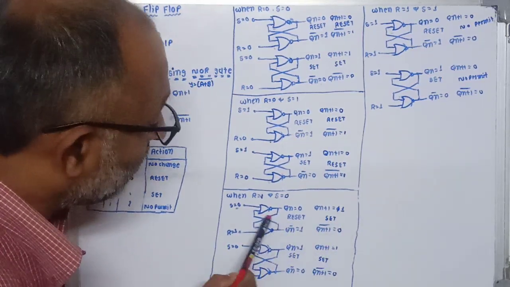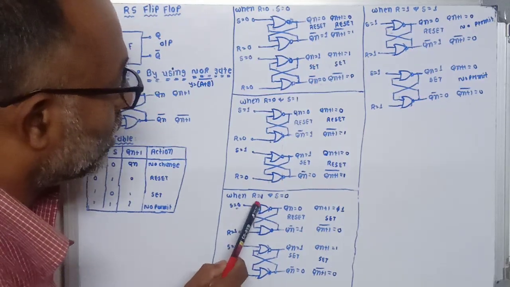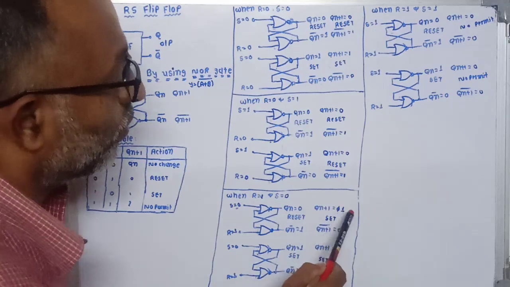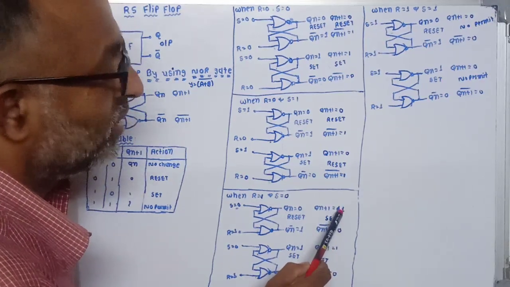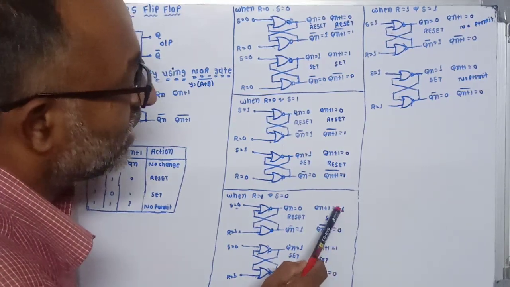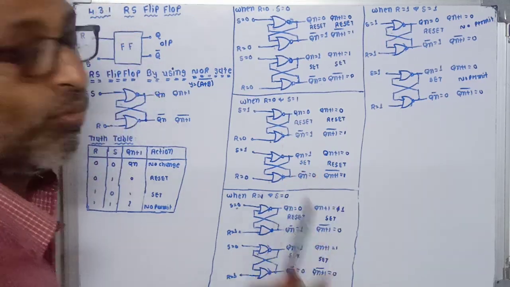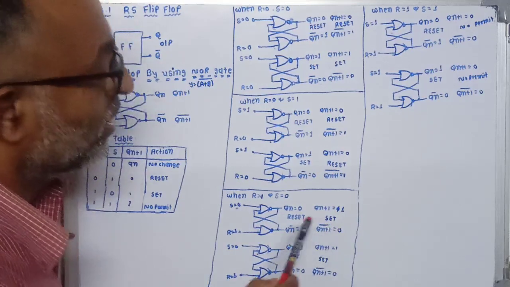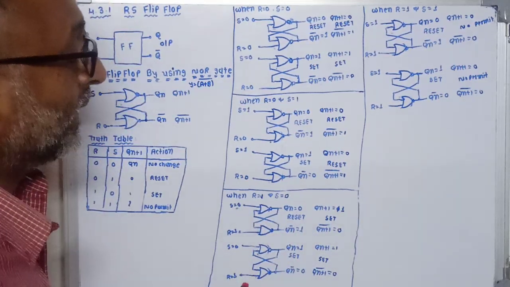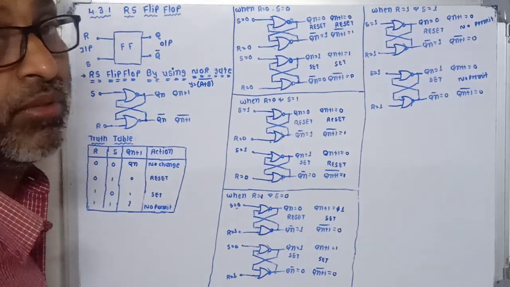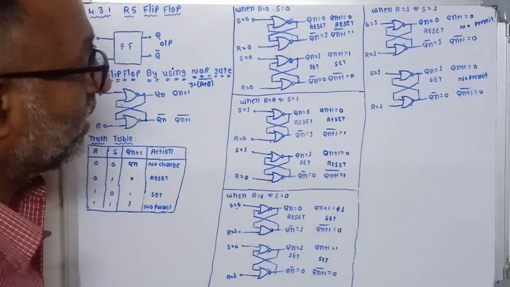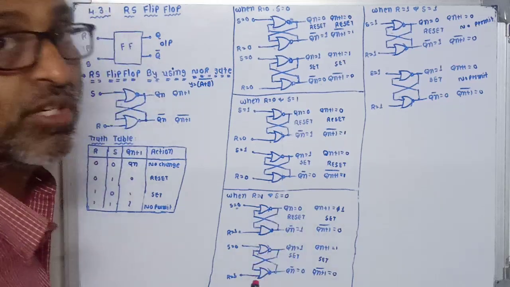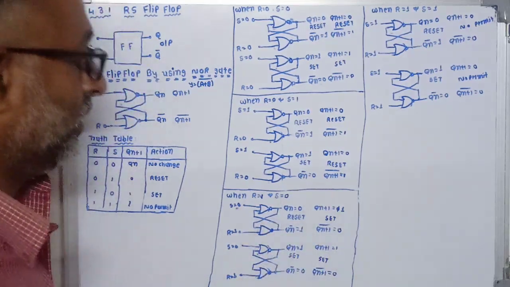Now this 0 is available here. So here 0 plus 0 is 0, and it is inverted into 1. So our new output, this 0 is replaced by 1. Now 1 is again available here, 1 plus 1 is 1, and inverted 0. At this time our flip-flop goes into steady state condition, and the output of the flip-flop moves to the set condition.